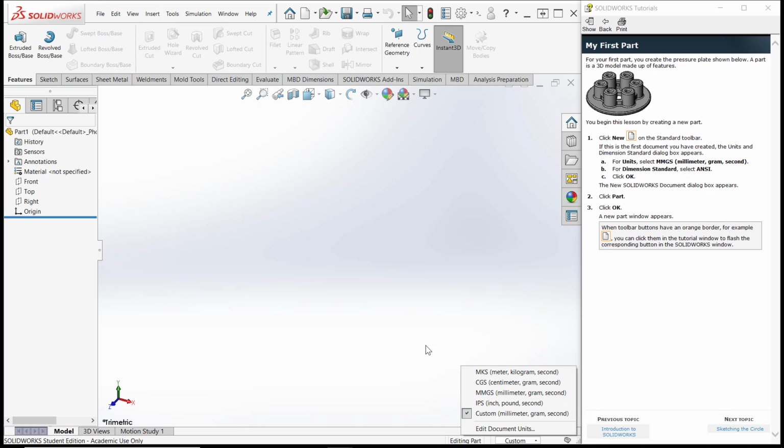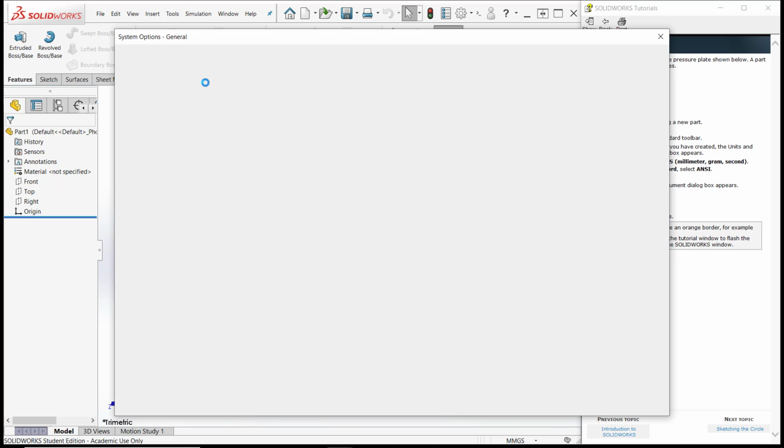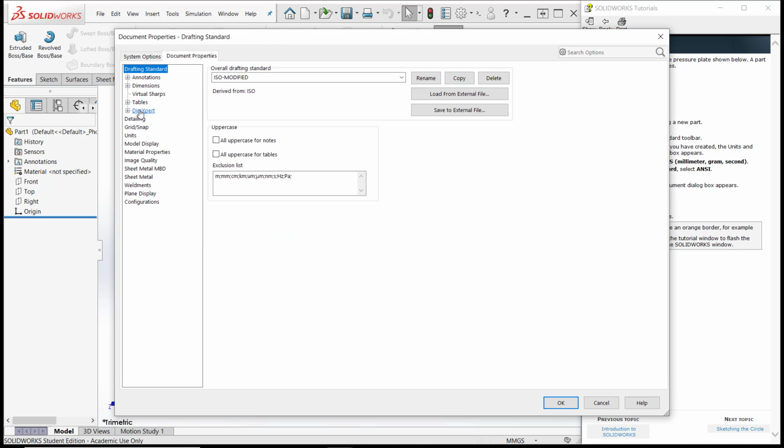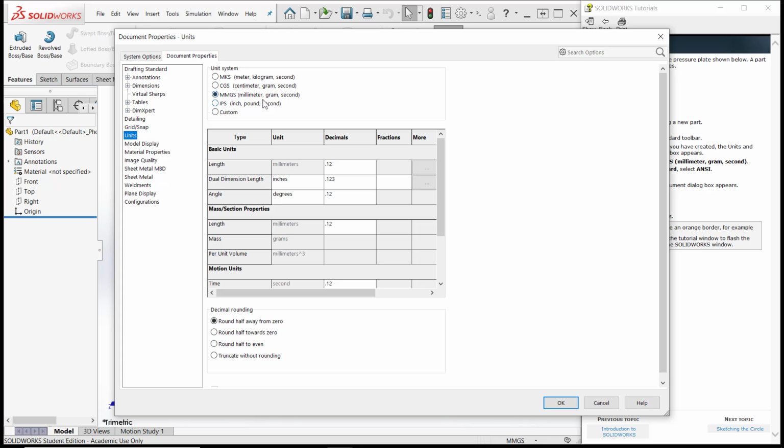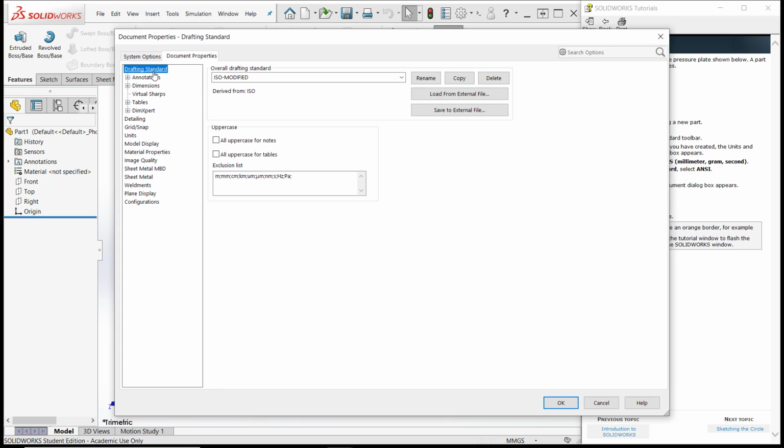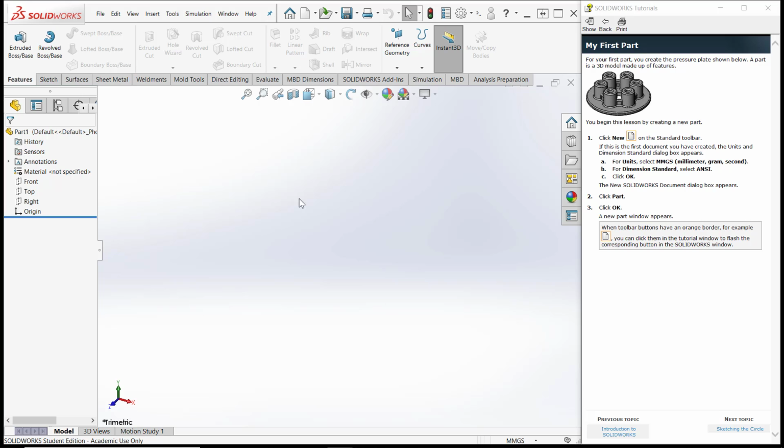Let's go to the options, and I will go to the document properties, and on the units tab, I have millimeters, grams, seconds, and for the standard I'm going to use ANSI standard. Alright, then